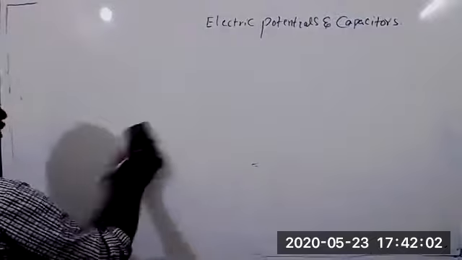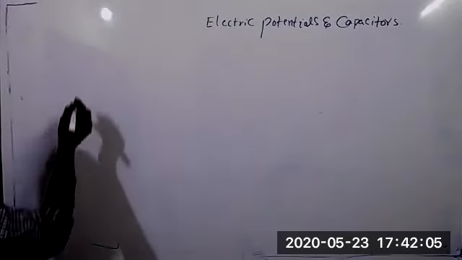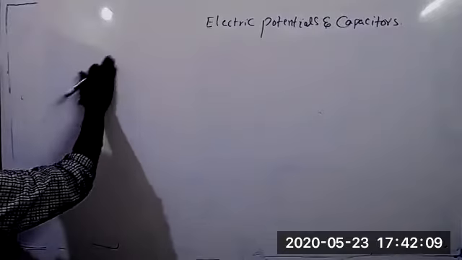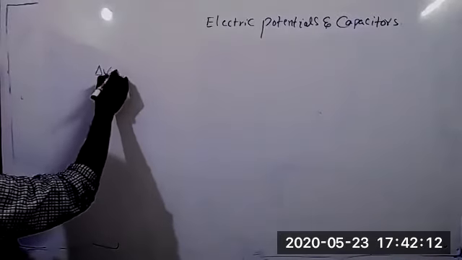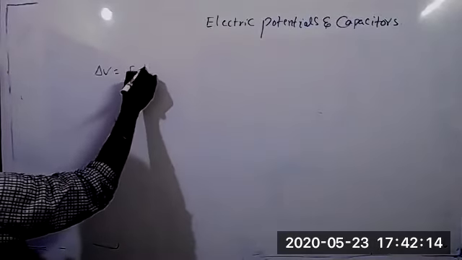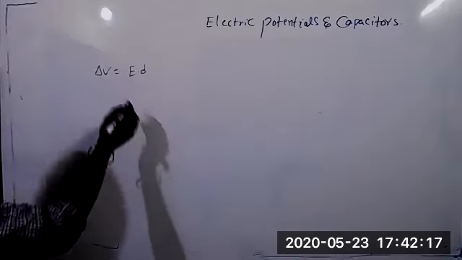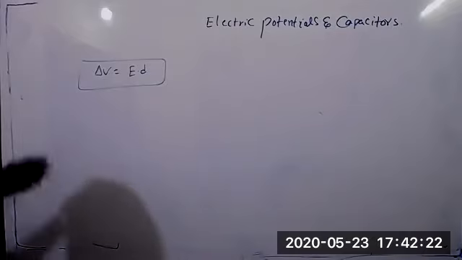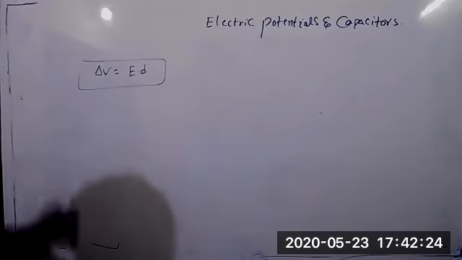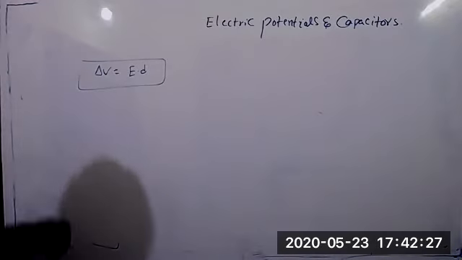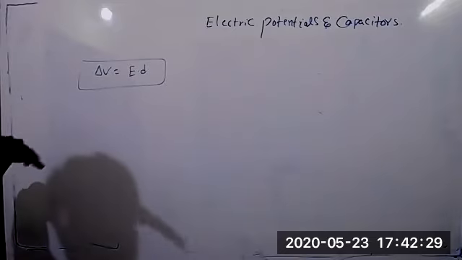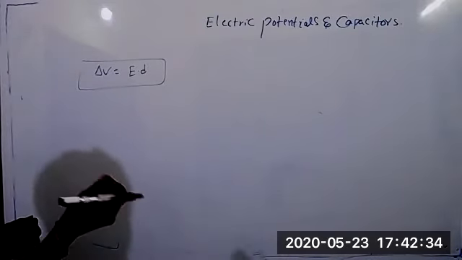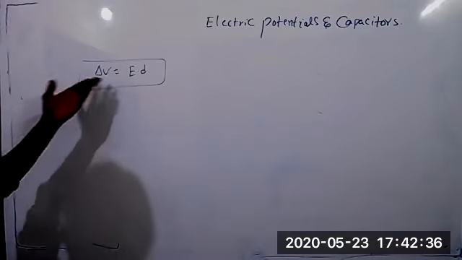Two formulas. Now see, when we have to use this formula, delta V equal to E dot D. When we have to use this formula, delta V or V also, V is equal to ED, no problem. We know difference means either we can show the difference between the 2 points, or we can show the difference between 1 point and one more point at infinity. So that is the reason we can write.